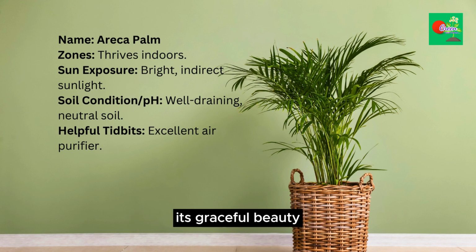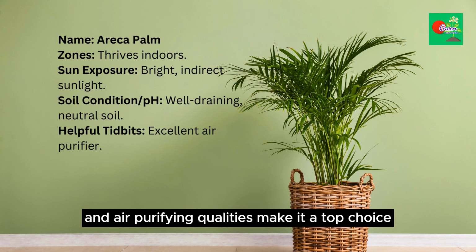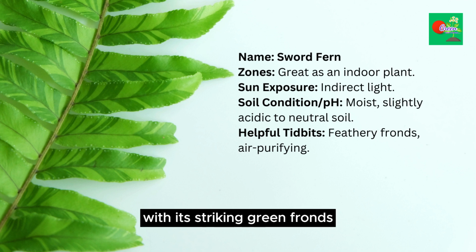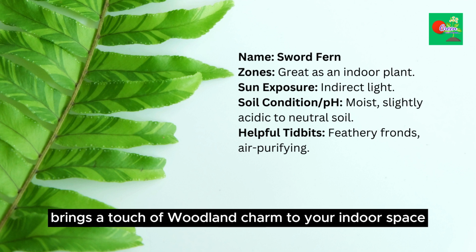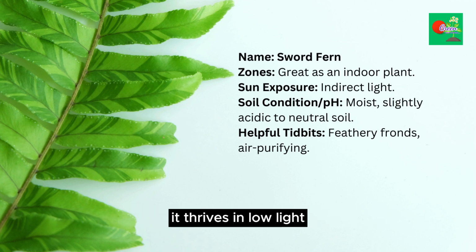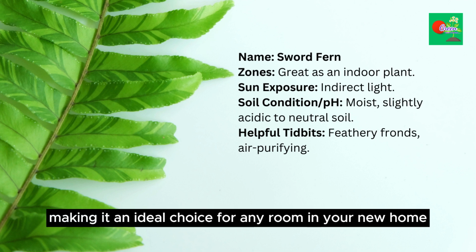Its graceful beauty and air-purifying qualities make it a top choice for indoor plant enthusiasts, adding a tropical touch to your living space. The sword fern, with its striking green fronds, brings a touch of woodland charm to your indoor space. Known for its air-purifying abilities, it thrives in low light, making it an ideal choice for any room in